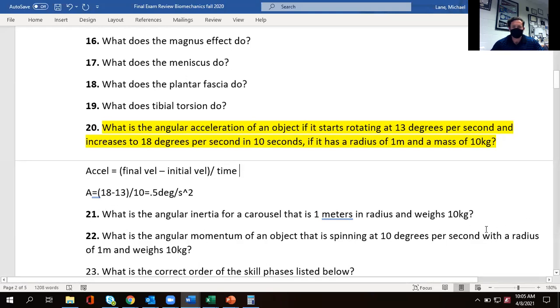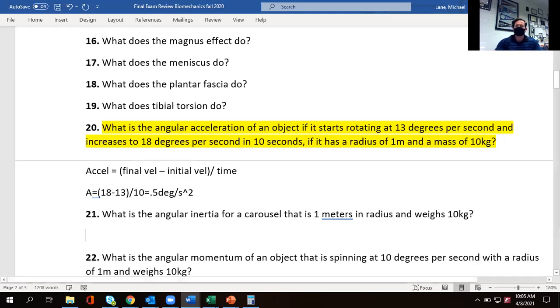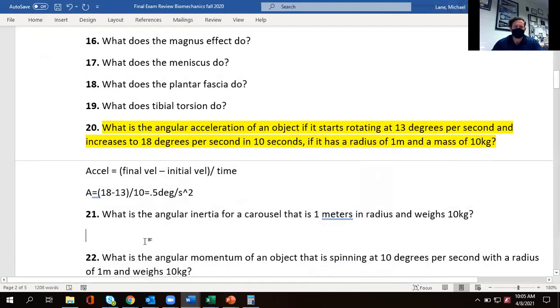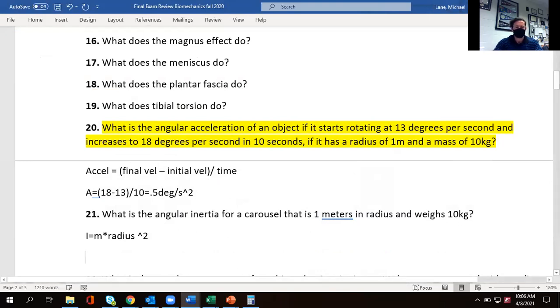And then since we're here, remember angular inertia, because we just went through our wonderful formula. So give me a second, I'll just bring that back up real fast. Our inertia right here is our mass times our radius squared. So in this example, it's literally going to be